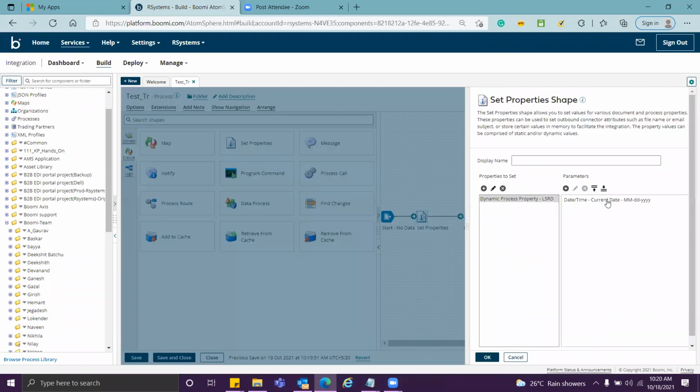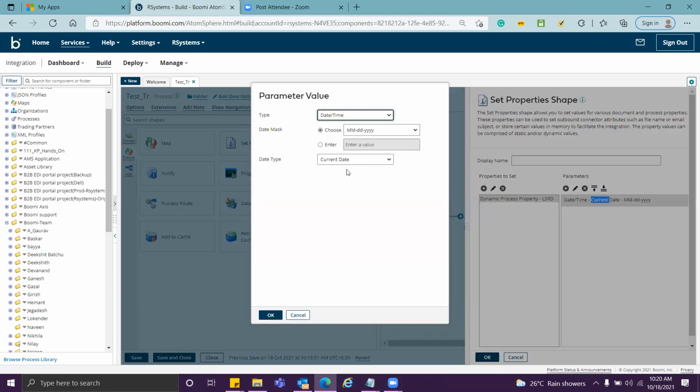So I click on this, double click on this, and I click on relative date. It will ask me, what kind of relation you want with the current date. So suppose on the unit side, you can have it in seconds, minutes, hours, days, anything. Say I have put it as days, okay? And here is the operation, whether you want to add one day or you want to subtract one day. All right. So suppose I want to subtract one day here, okay?